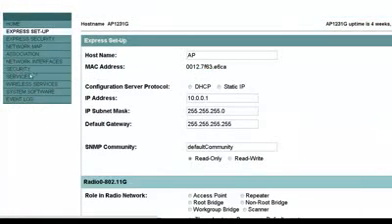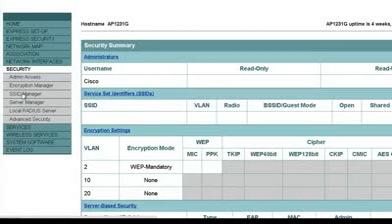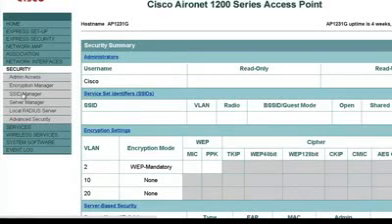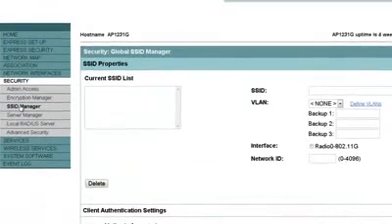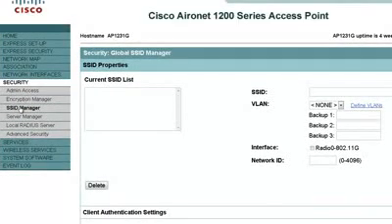In order to configure the SSID and the open authentication with WEP encryption, choose Security, SSID Manager in the menu on the left. The SSID Manager page will appear. Now, we need to create a new SSID. So in this example, we are going to use